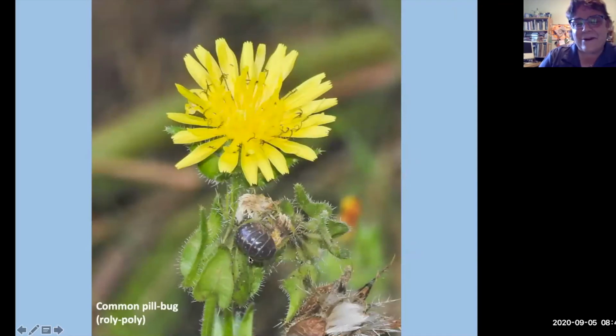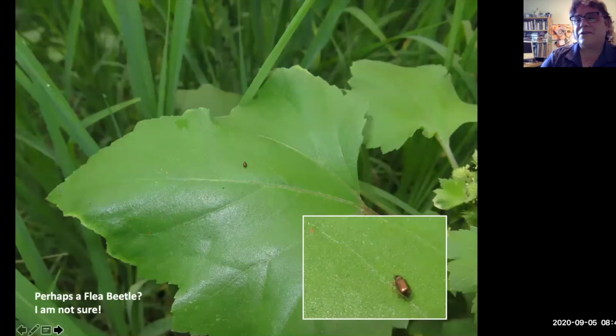Those kids out there, I made this one for you. I love roly-polies. I loved roly-polies as a kid, and yep, there was a roly-poly there. This is prickly lettuce, the plant. Okay, so some things are really hard to see. This is a cocklebur, a rough cocklebur leaf. This is a little bug. I'm not sure it's a flea beetle, but it's a predaceous bug of some kind.